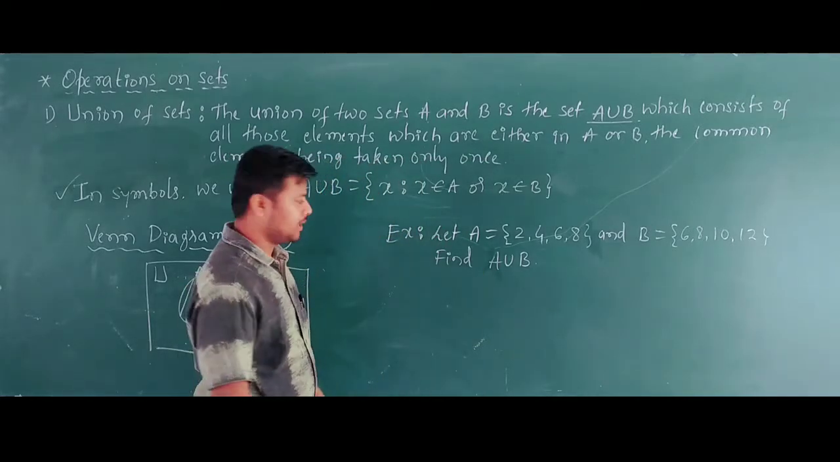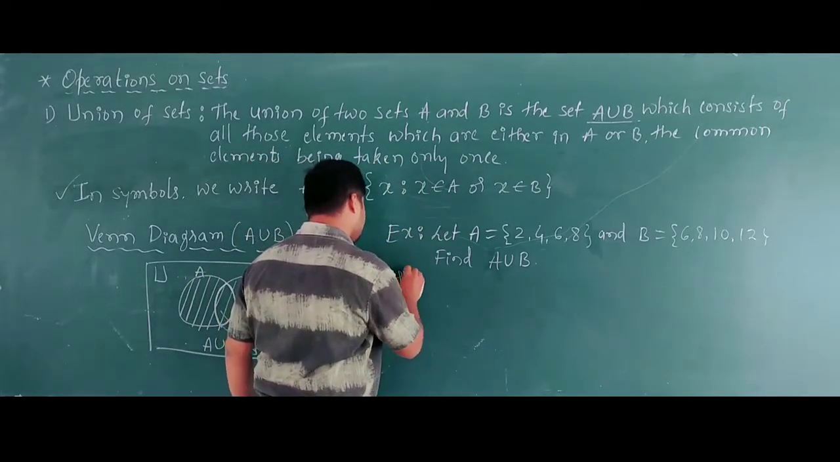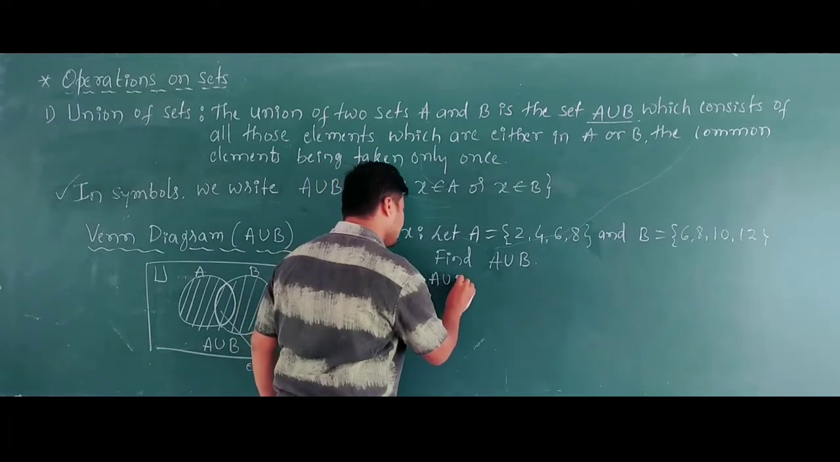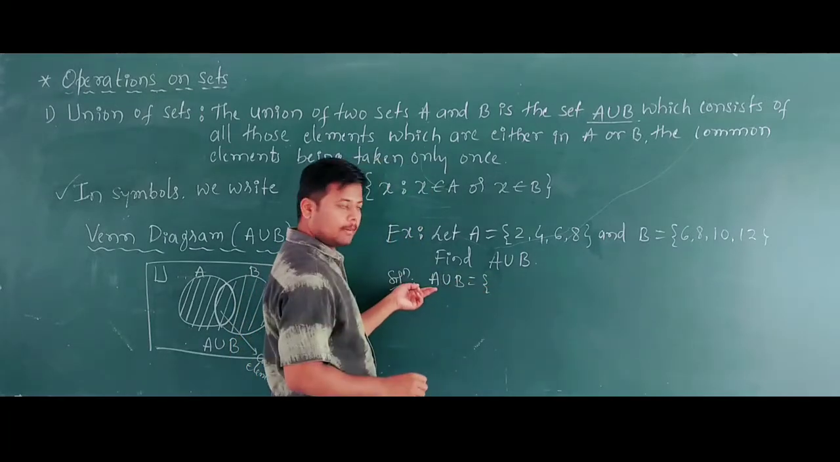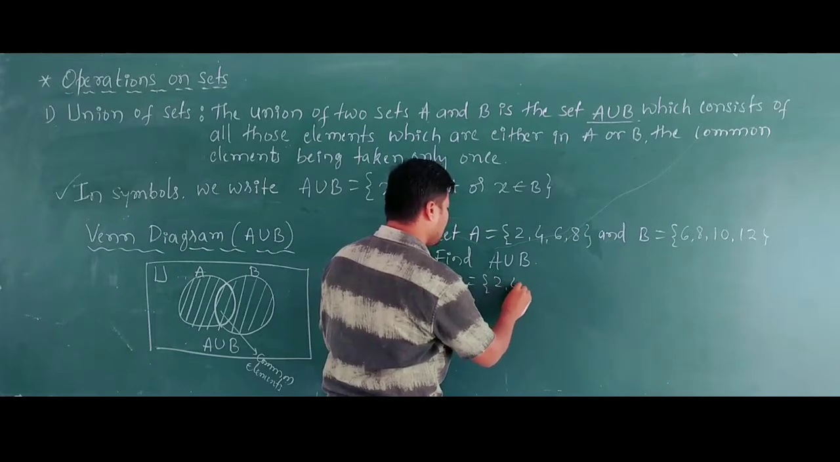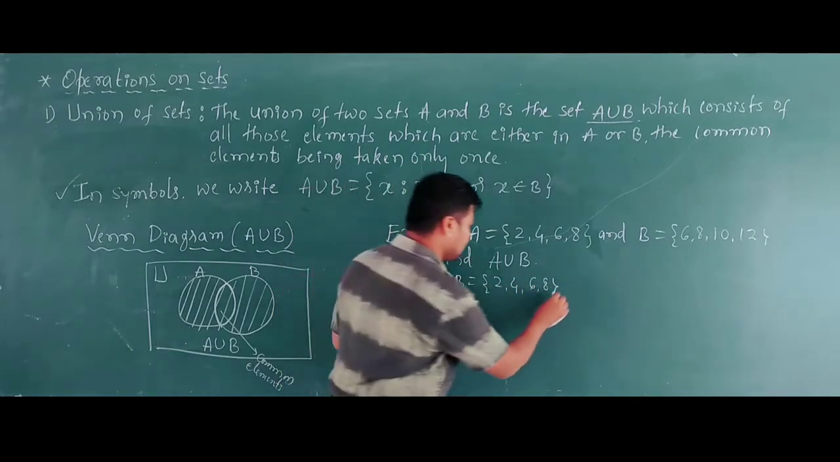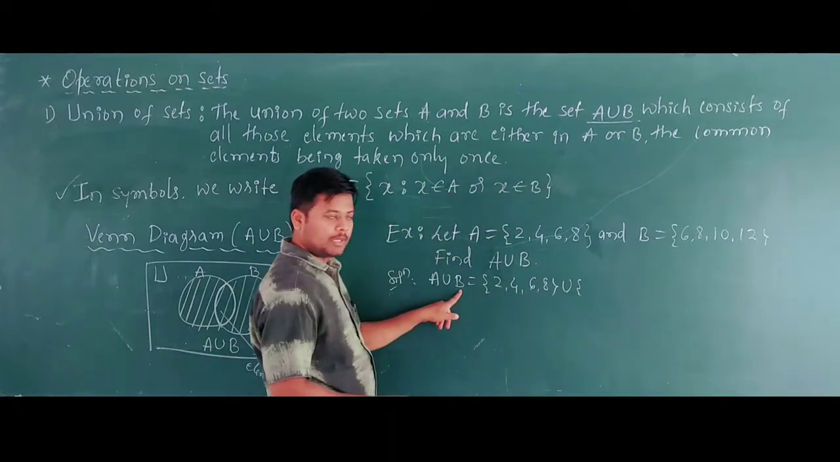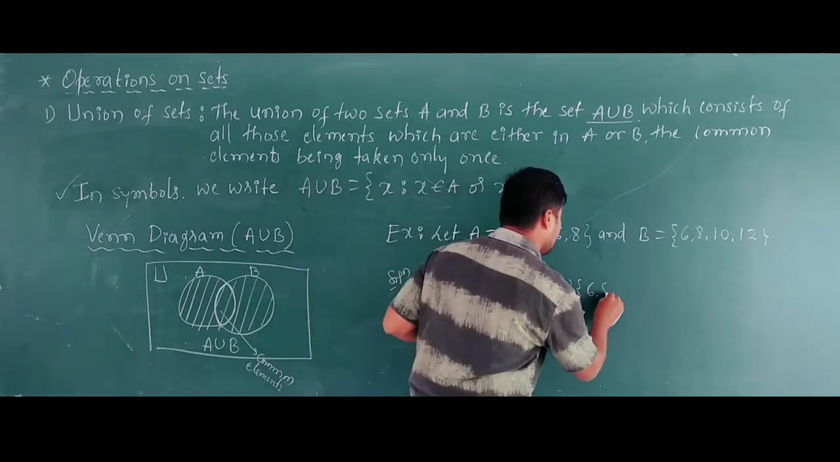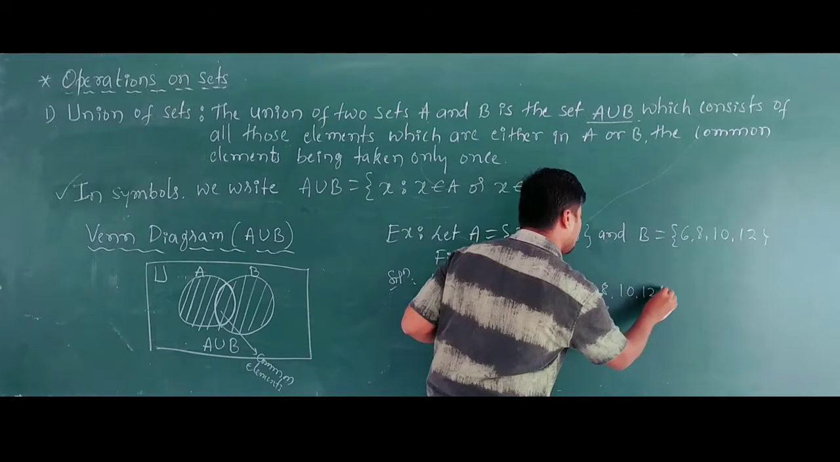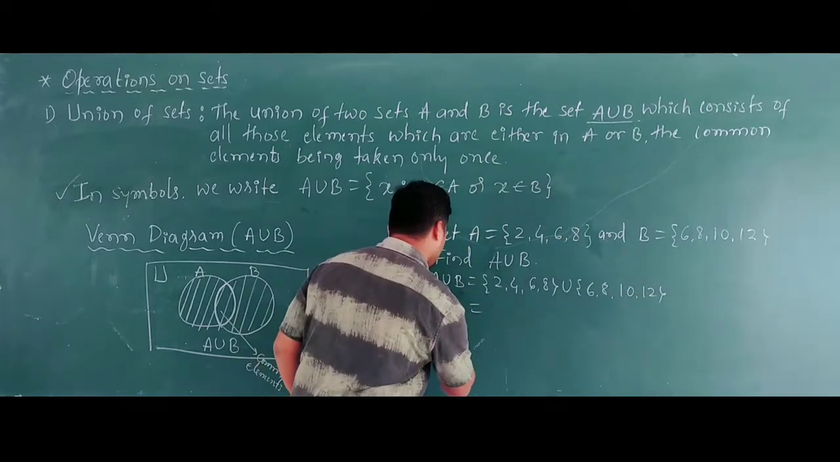Find A union B. Solution: A union B equals what? Set A first: 2, 4, 6, 8. The next operation is union. Set B: 6, 8, 10, 12. Write down A union B equals to